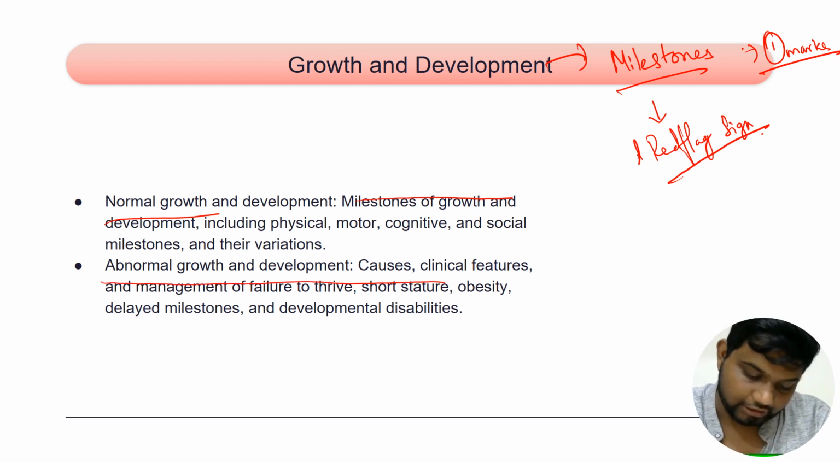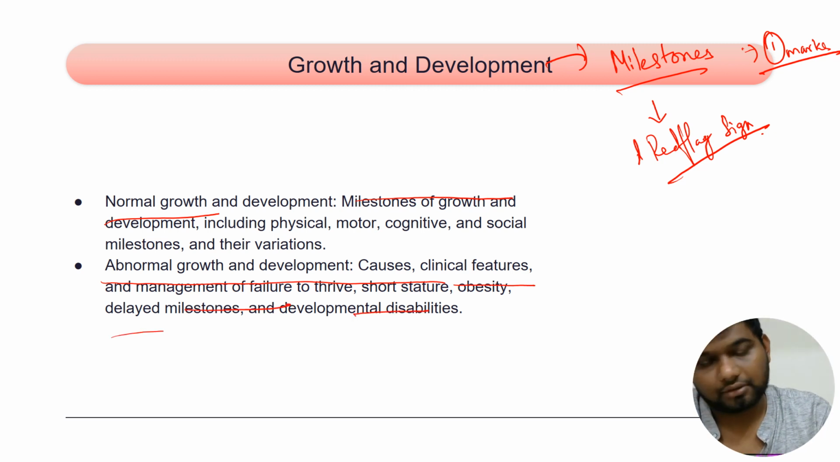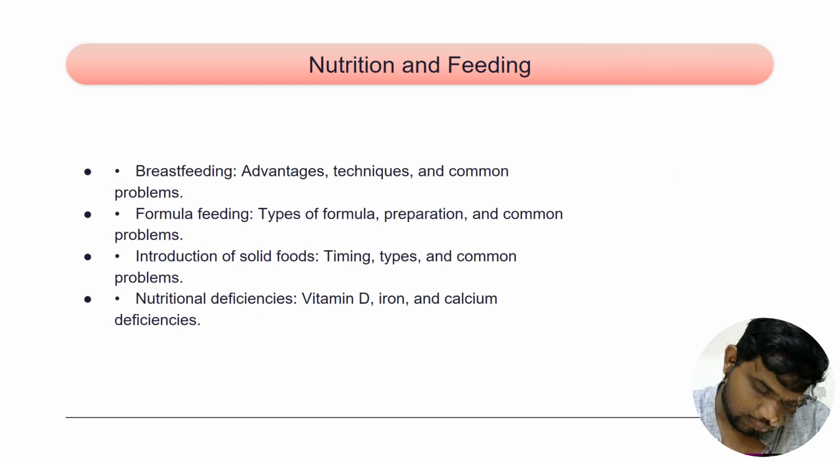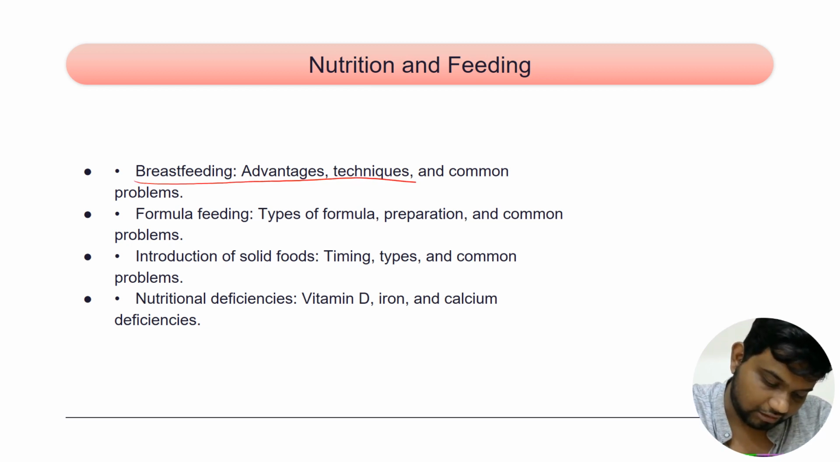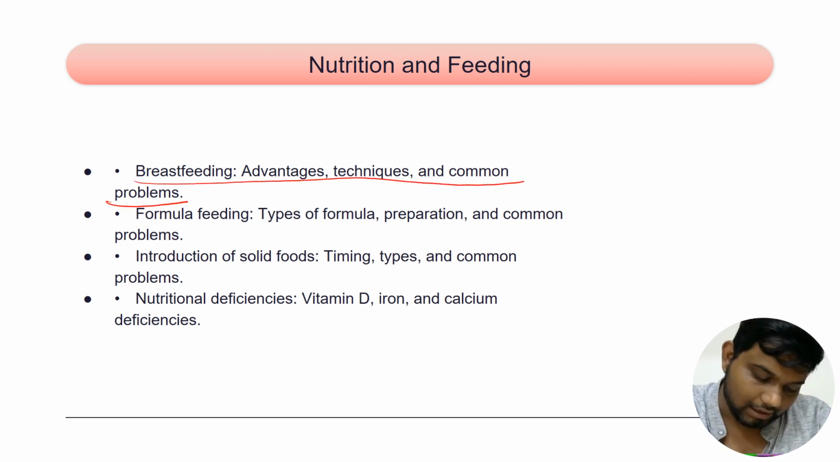Features and management of failure to thrive, short stature, obesity, delayed milestones, and developmental disabilities are the things you have to remember. And then you have nutrition and feeding. So speaking about the nutrition and feeding advantages, breastfeeding advantages, techniques and common problems, and formula feeding, what are the